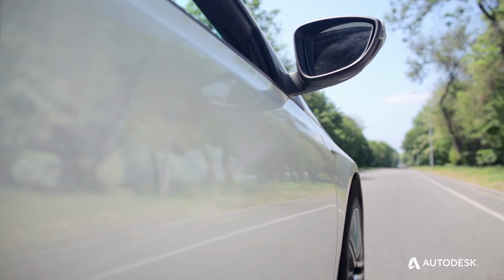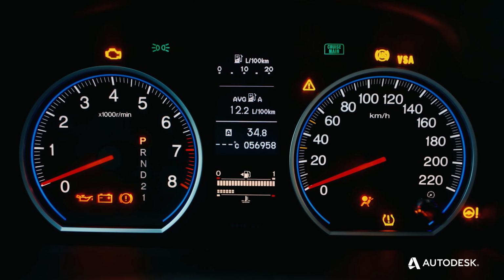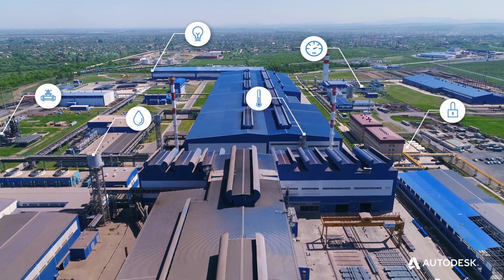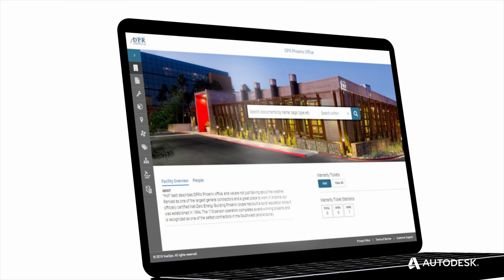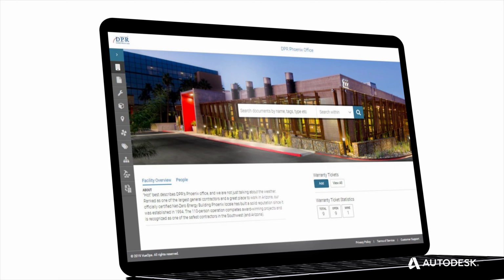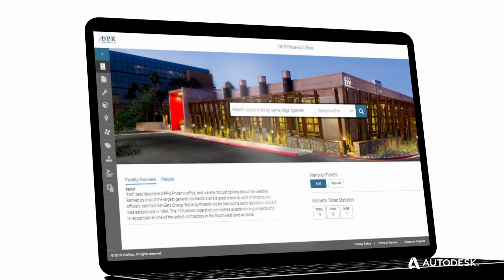Imagine you buy a car. It tells you when your oil is low, it gives you all sorts of feedback. And buildings have the potential to do that as well. ViewOps is a portal that an owner can use to enter all the documentation they get from any number of capital projects that they have into the system, and then it processes all that content to make searching for that